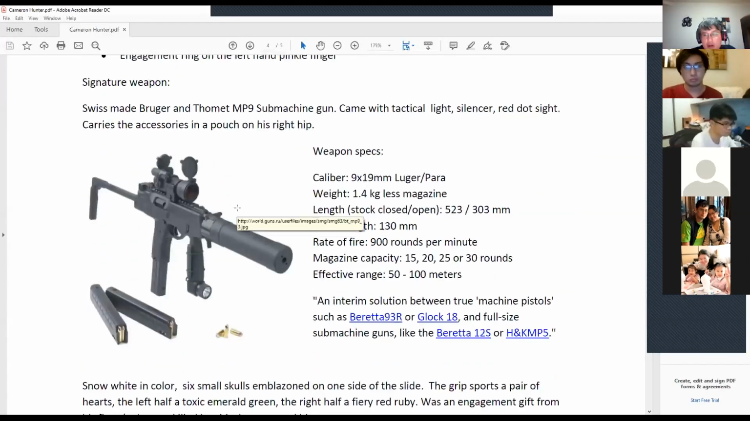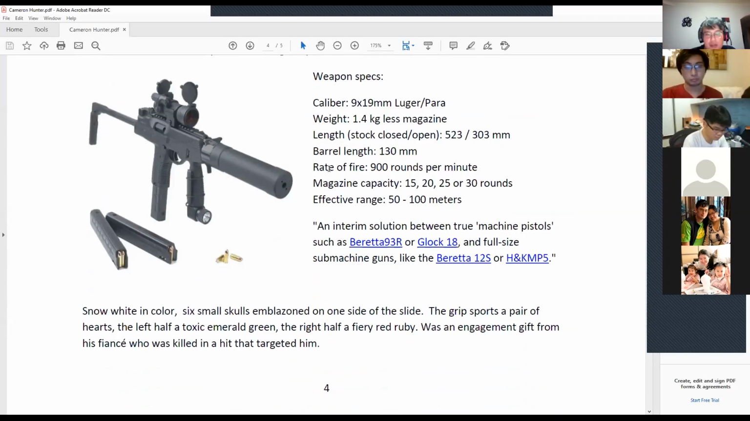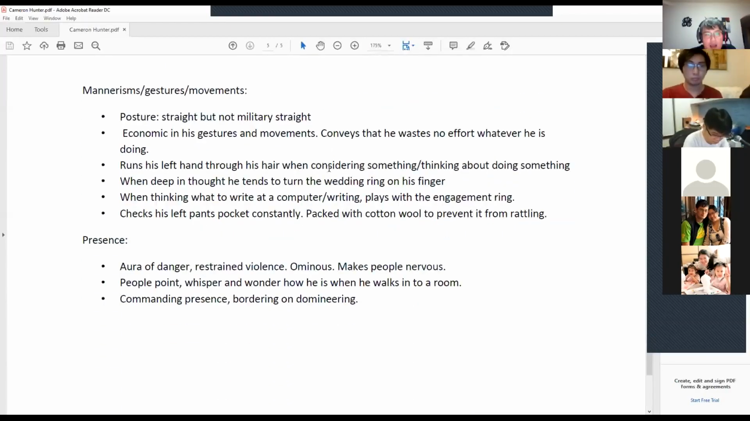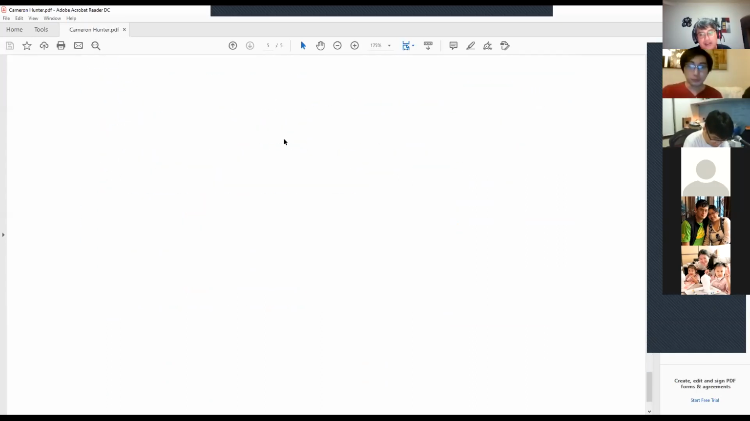Tattoos, you know. Now, in the context of this character, he's actually a professional hitter, a hitman concept character. So that's why he has a signature weapon that's done in some serious detail here. You can see mannerisms, gestures, and movements. So that's how I did one character, and some of my works over the years have